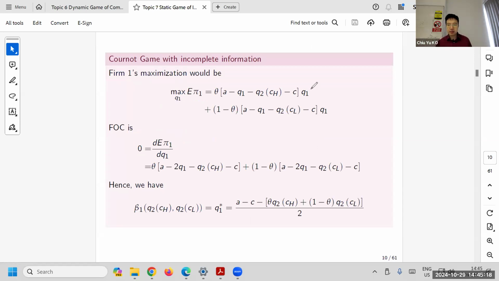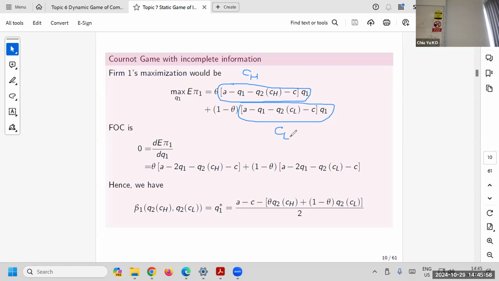Here, this is the high type opponent, CH. And this is what he faces with a low type. But remember, firm one cannot choose. He doesn't know whether it is high or low type. He can only choose one number, which is Q1. So you have to balance two opponents, right? So he's somewhere in the middle. So you choose the Q1 that maximizes his payoff, just by differentiation.